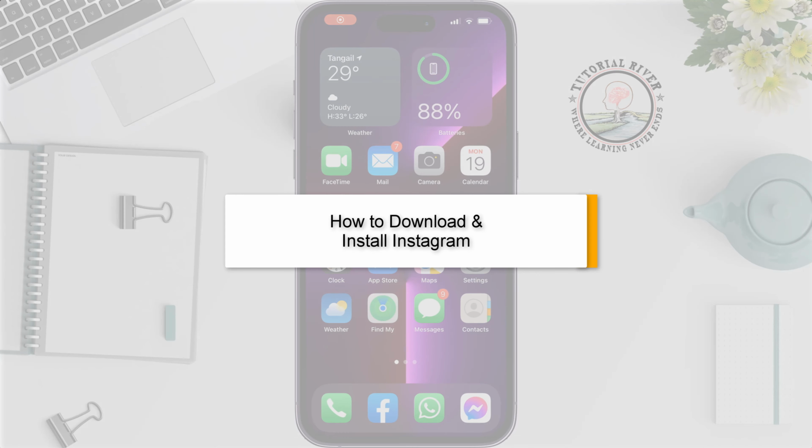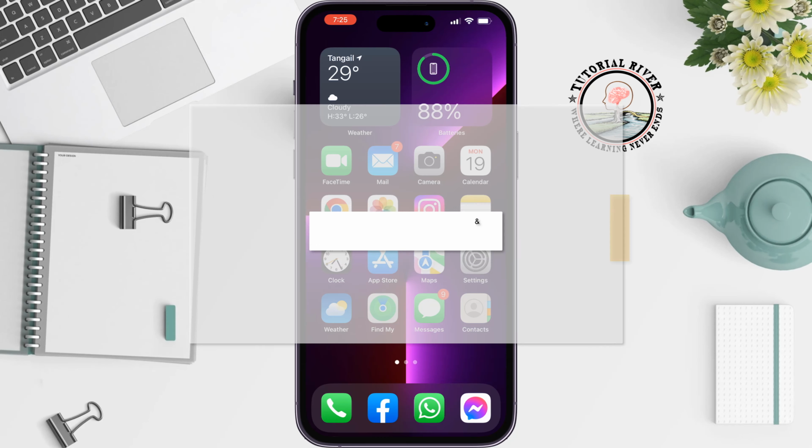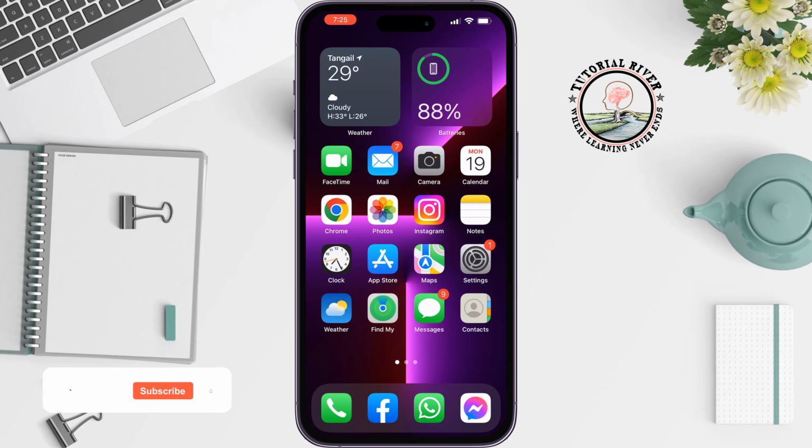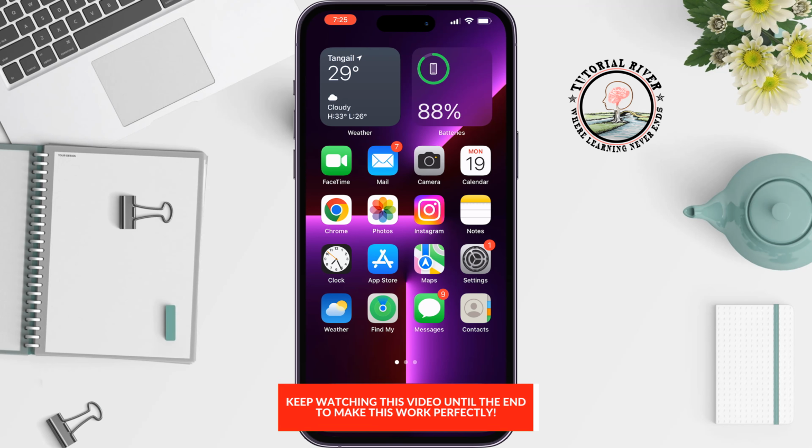Instagram is a popular social media app where you can post videos and photos to get more followers, and it's super easy to download and install. This tutorial will show you how to download and install the Instagram app on your